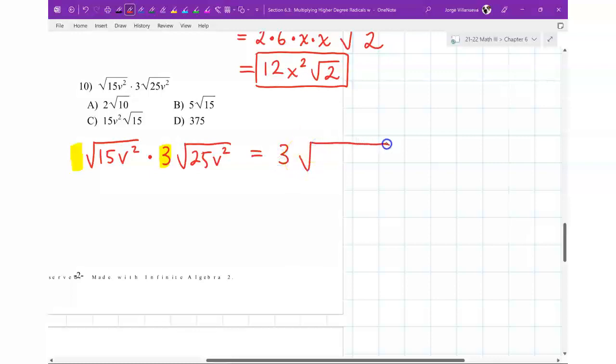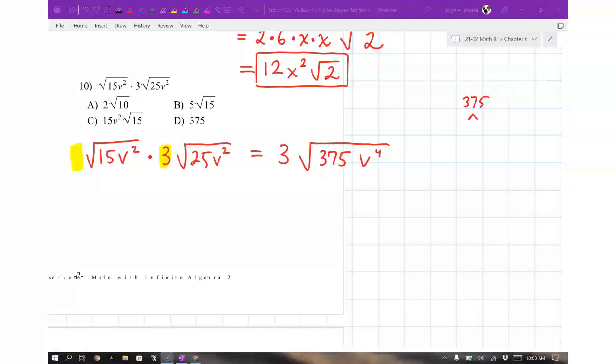And then inside of the square root, 15 times 25. So I know 4 times 25 is 100. 8 times 25 is 200. 12 times 25 is 300. So it's 375. V to the 4th. Okay? Now, I'm going to write down factors of 375. Okay? All right, so 375 is 15 times 25, and 25 has a nice square root,